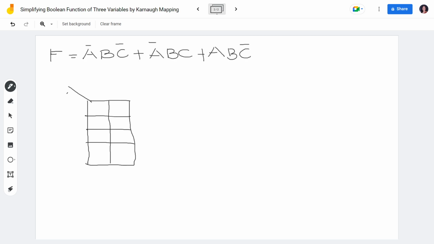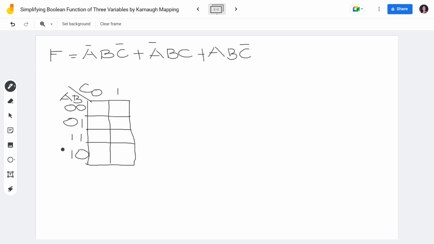Okay. Then we will have A, B here, and then C. For C, we have two columns, so let's just put the values 0 and 1. That should be the order: 0 first and then 1, if this is a single variable. How about these two, A and B? Since there are two variables, we need a little memorization of the order in which we put the values. In the first square, we have 0, 0, and then 0, 1, and then 1, 1, and then next is 1, 0. Okay, so 0, 0, 0, 1, 1, 1, 1, 0.